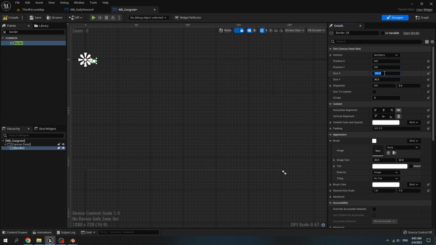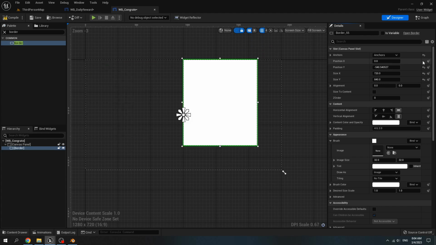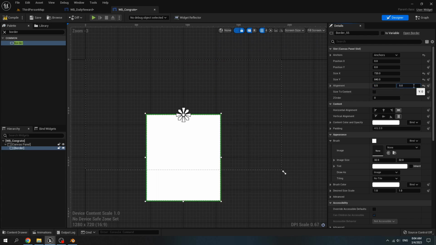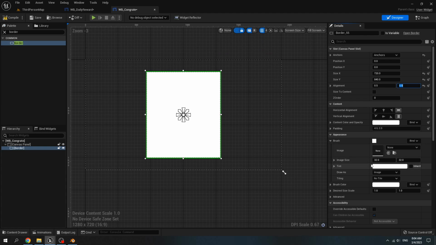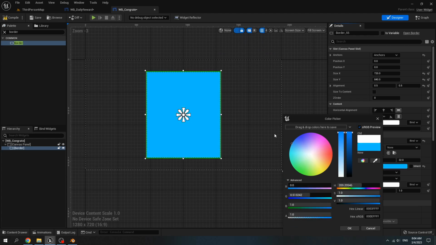Set the size X to 720 and size Y to 840. Choose the center anchor. Reset the position X to 0 and position Y to 0. Set the align X to 0.5 and align Y to 0.5. Then set the tint of the brush to blue color, dark blue.